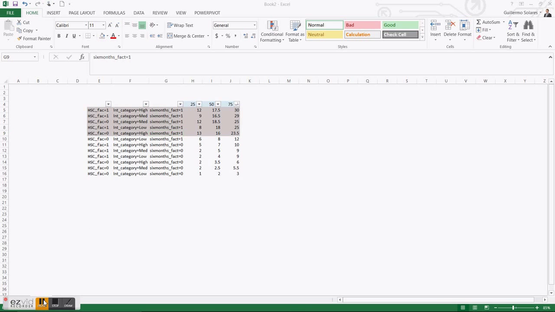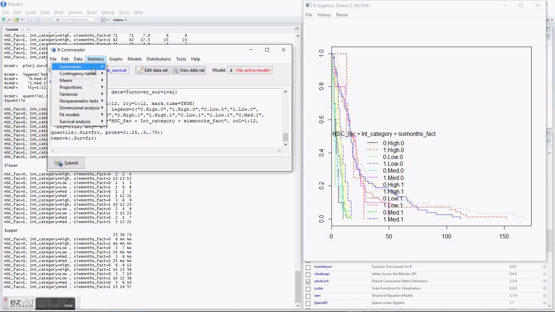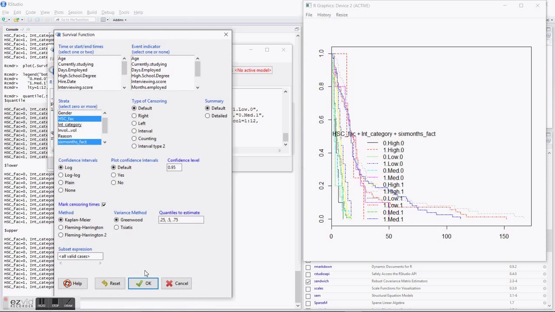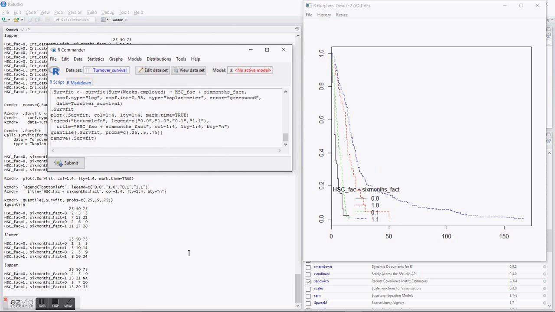So let's do the same analysis, but now let's include only 2 variables to make it a little bit more clear. Let's go to survival analysis, and let's only use the high school diploma and 6 months of previous experience. We hit OK, and then you have the new graphic. There seems to be a huge difference now. The highest being the ones who have a high school diploma and have more than 6 months of experience, and the lowest the ones who don't have both of the variables. So here you can see a huge gap, and if we go to the numbers,